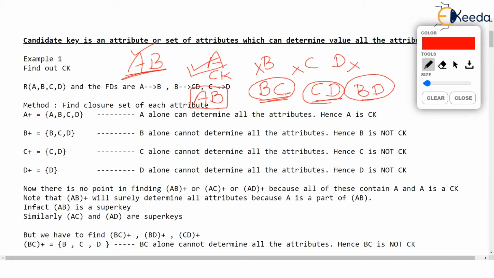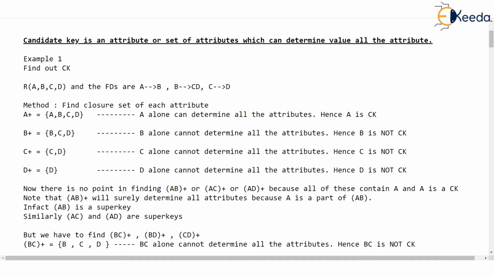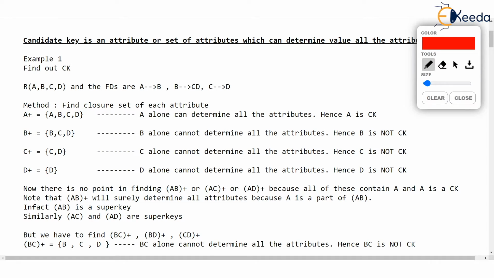Then whatever you combine with A will recognize, isn't it? So there is no sense in finding AB, AC, AD. These cannot be candidate keys. In short, there is no point in asking somebody is candidate key in which A is involved now. We have dropped this particular possibility because anything added with A is going to be super key. So out of four different attributes, A, B, C, D, we know A is candidate key and now we will not go ahead with AB or AC or AD. It is surely supposed to recognize everything.